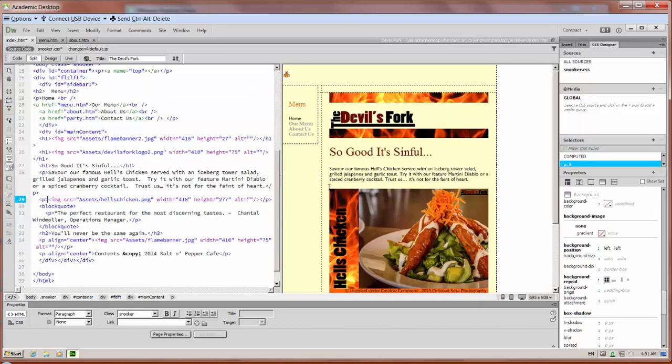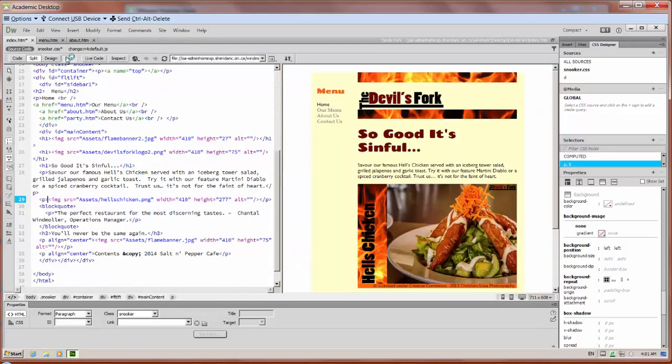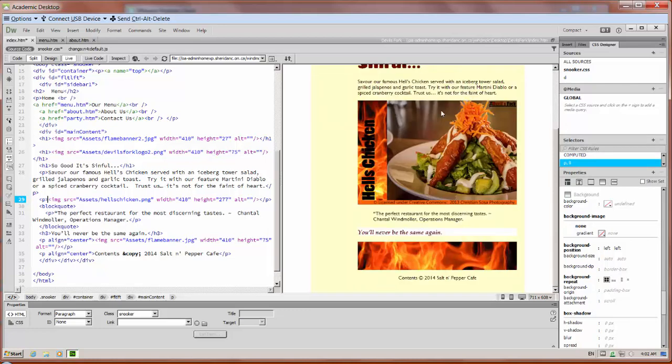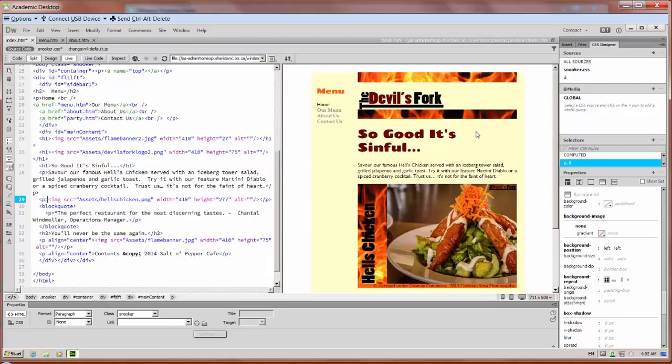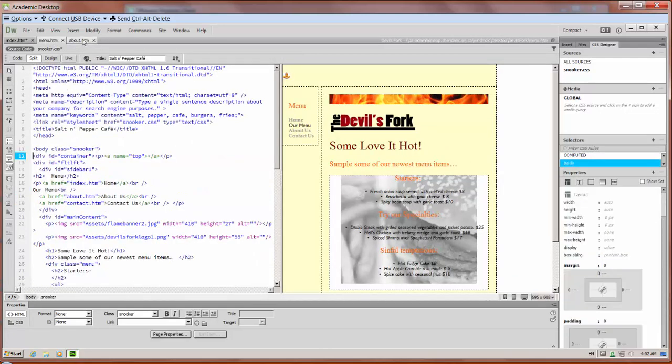Now whenever I want to see what something looks like in the live mode, I can very easily do that by sliding over here into live mode. It's going to give me an opportunity to see my new changes in font, and you'll notice here that I made some font changes to the standard text. Now whenever I make a change to the CSS, it's going to affect all of my HTML pages because I've already defined them as linked together. So if you take a look at the menu document, I can see that it has been changed,